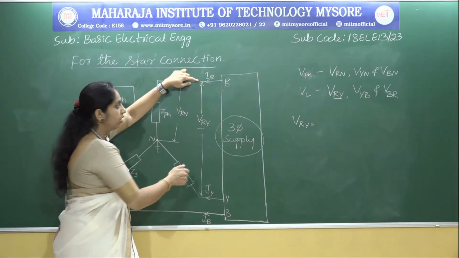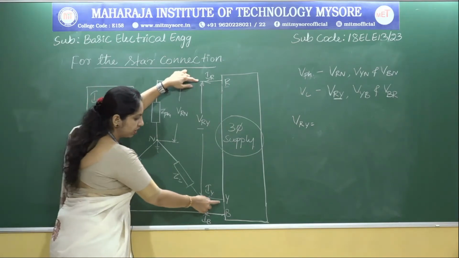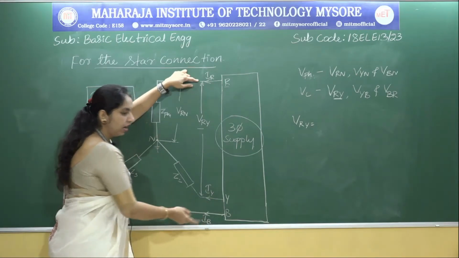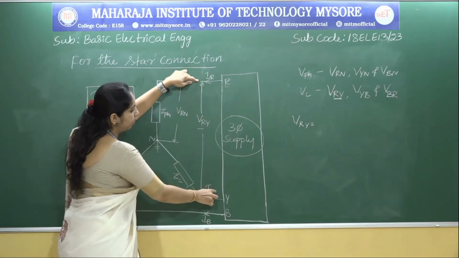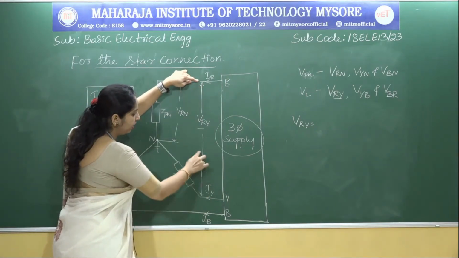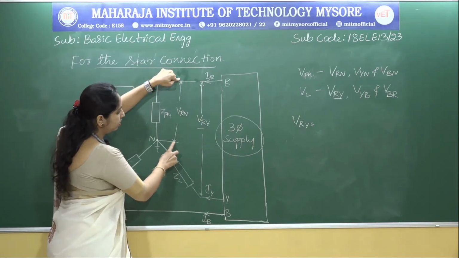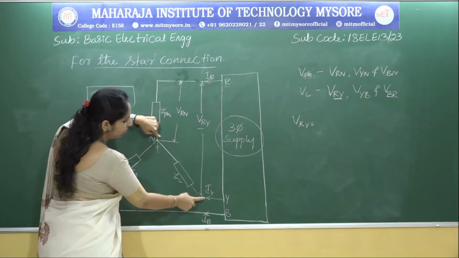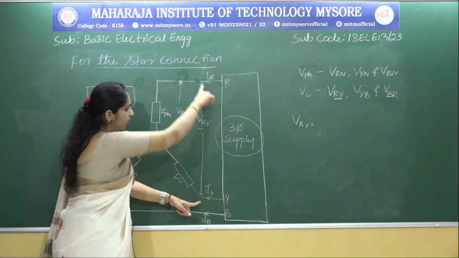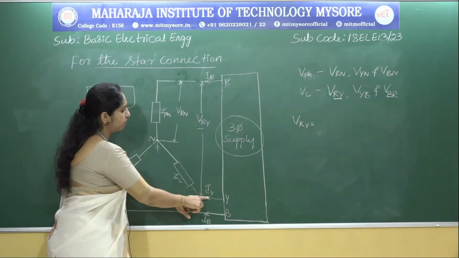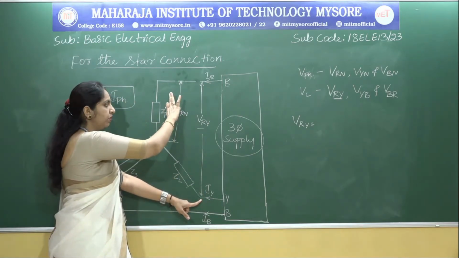Okay, I have just taken this R to Y as an example, but similarly you can consider even from Y to B and B to R. For understanding purpose I have just taken from R to Y. So VRY is nothing but VRN plus, again this N to B, isn't it? See, look at this. So I have taken voltage from this R to Y, and this can be written as, because this voltage is equal to the summation of this voltage